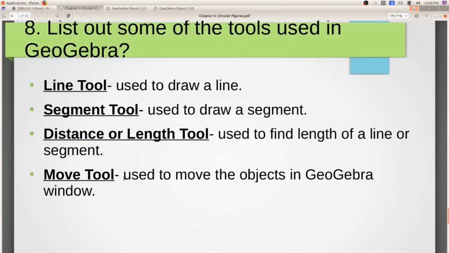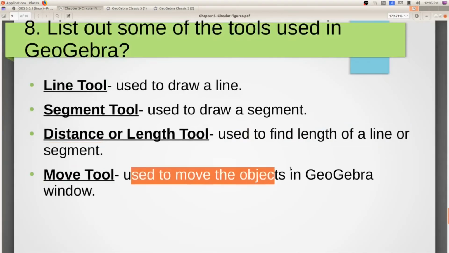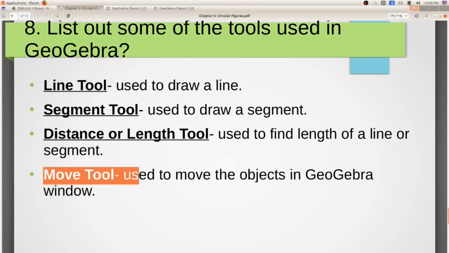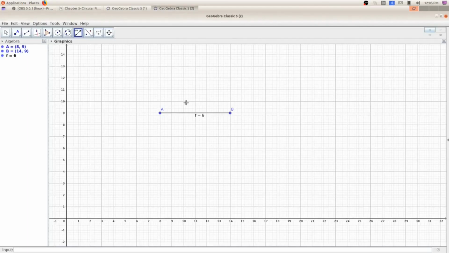Now what is the use of the move tool? It is used to move the objects in the GeoGebra window. Whatever objects are there, we can move using the move tool. I will show it here. The first one, move.